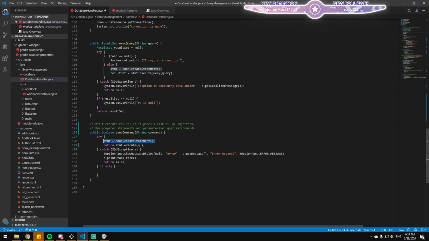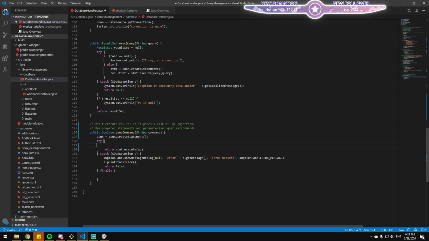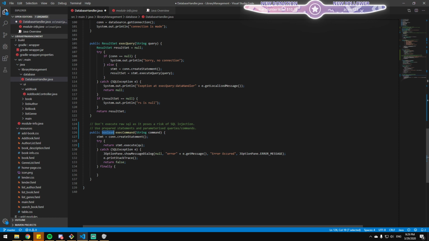I think this execute command could also be cleaned up a bit. You don't have to return true and then return false necessarily. You can do a ternary statement where if it returns true, the code will just run, and you don't have to worry about the false, because if it returns false, it simply won't run. This is quite an explicit way of creating this method, but I do think it could be condensed down a bit.